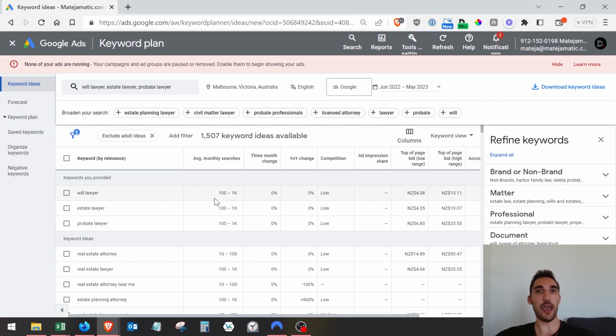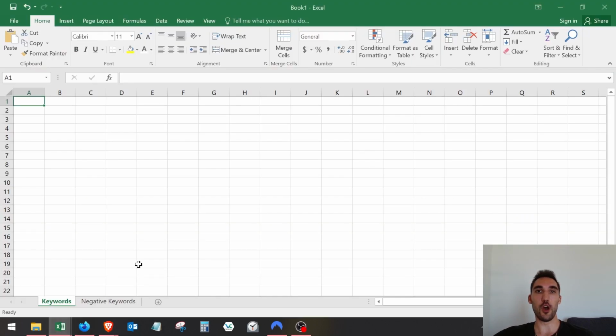And in this case, they have a decent number, up to 1,000, which I consider fine for one city. Because it's just one city, that's a decent amount of search volume, so you'd want to target those. So what I'm going to do is take them, copy, and open a new